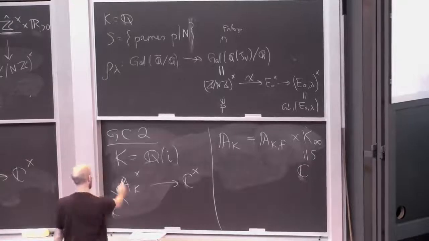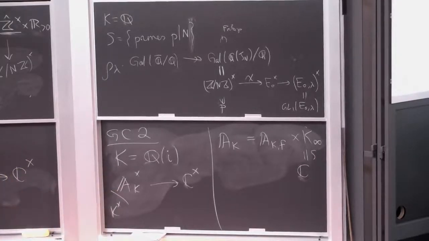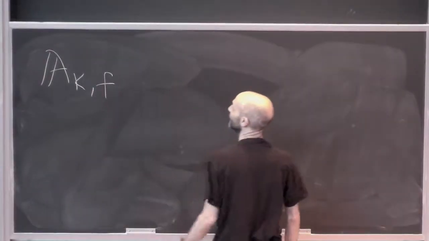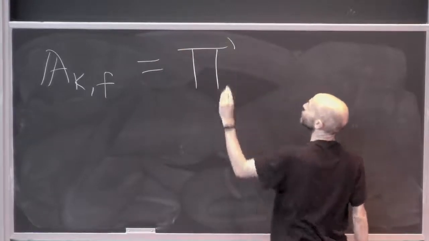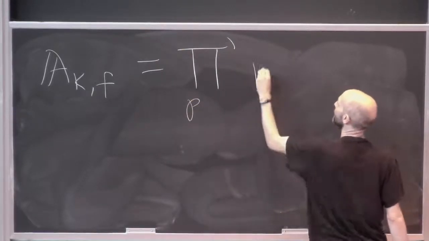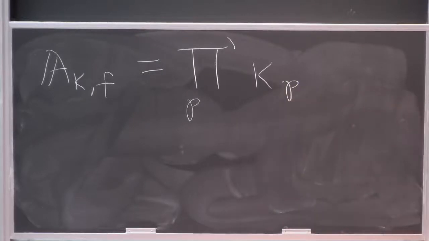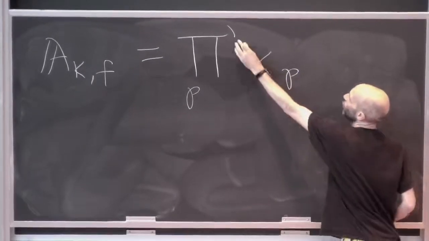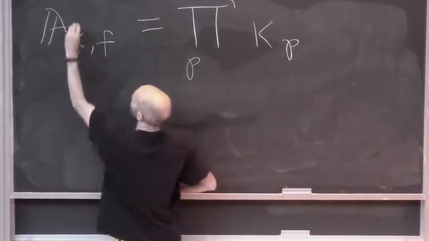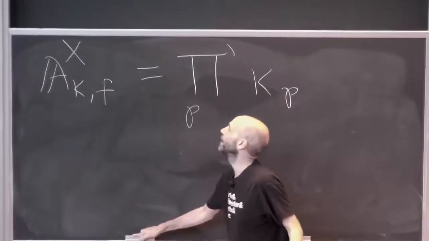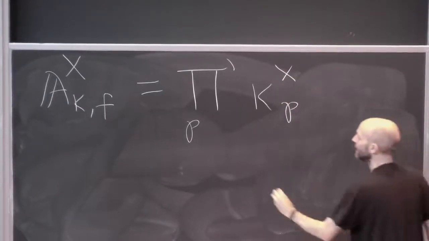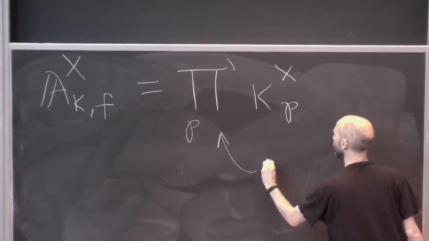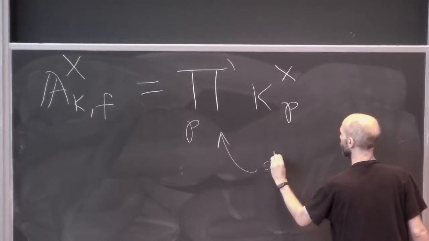Right, what should we do now? Oh, I'm going to give you a Grierson character. So what is this A? Remember what this means, the finite adeles, A_K^f. It's some restricted product over all finite places of K_p, and this means all but finitely many are integers. So let's do the units. The units of the finite adeles are this restricted product of the units, and this means, for all but finitely many p,